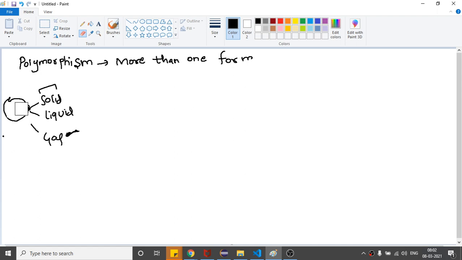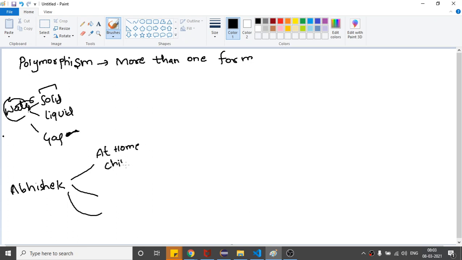Similarly, if I take the example of a person, Abhishek, at home Abhishek is the son of his mother.